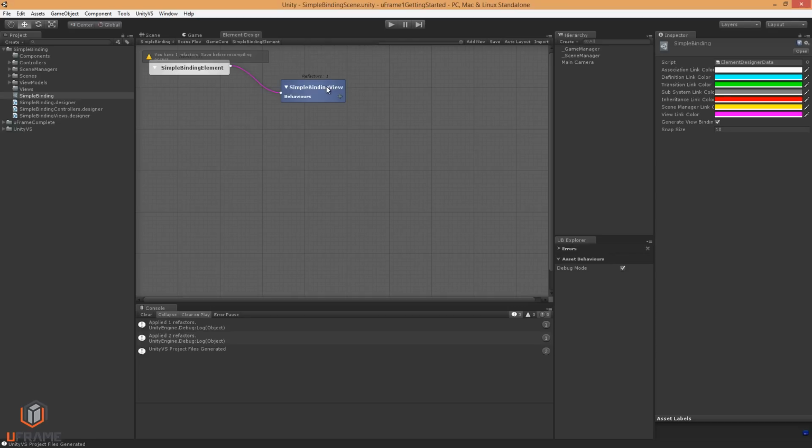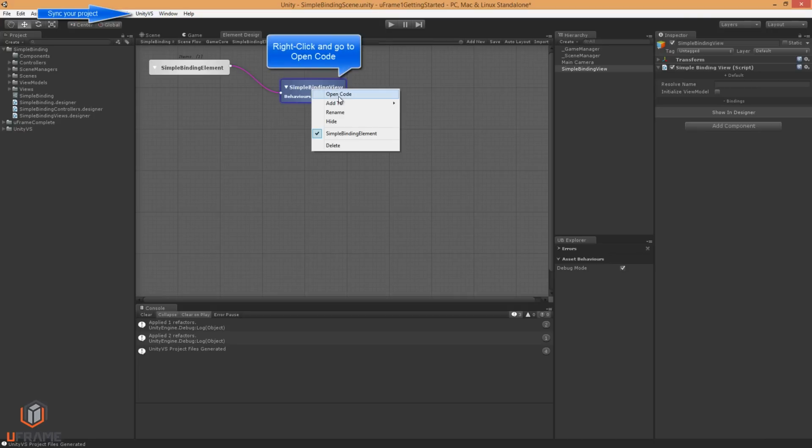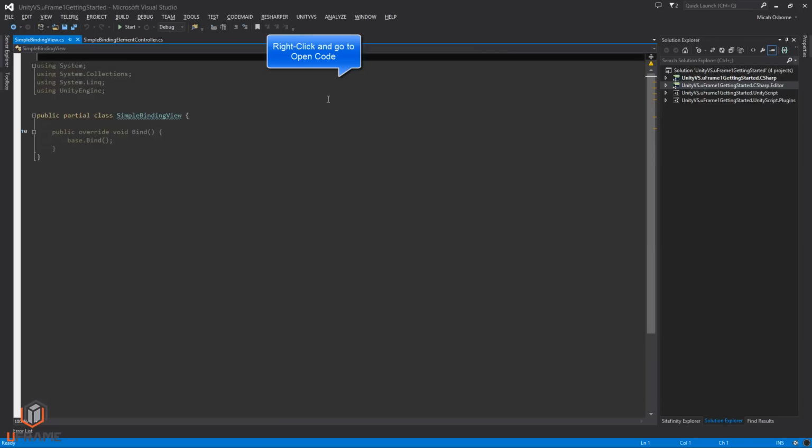Now that we've created the view, let's add it to the scene. Just to make sure, we hit save first. Right click on it, go to add to scene. So there we go. Now we've got this view. It's already generated all the code and it's right in the scene. Now we need to actually do something with that initialized value. So right click, go to open code,